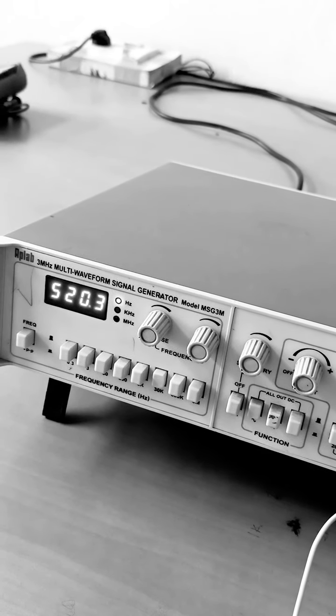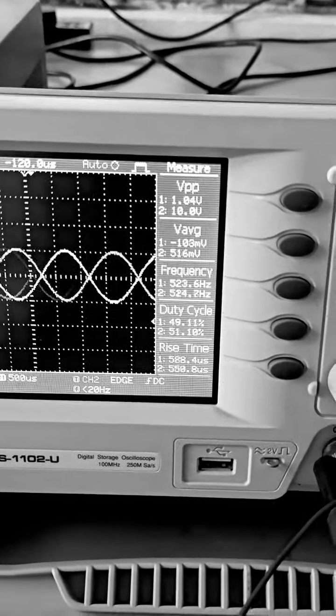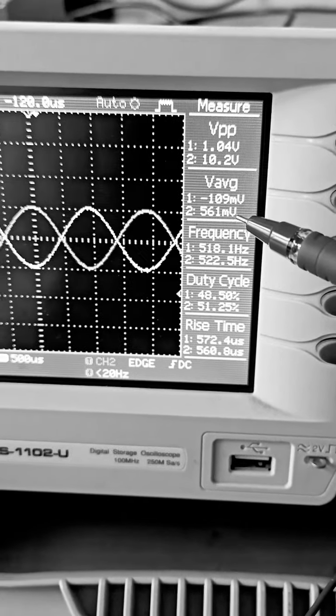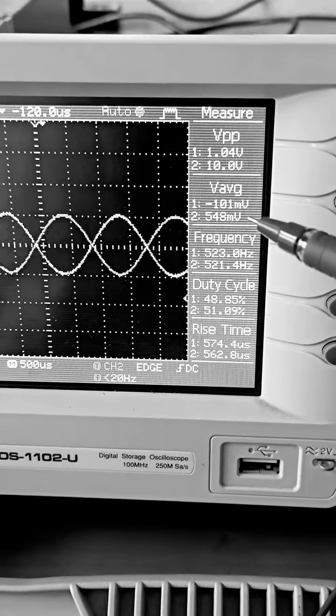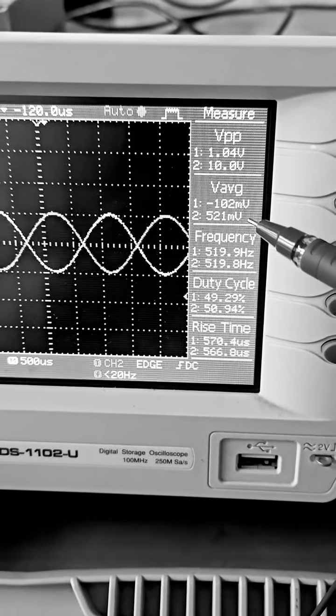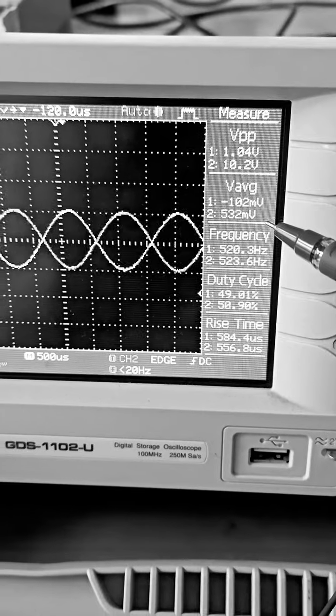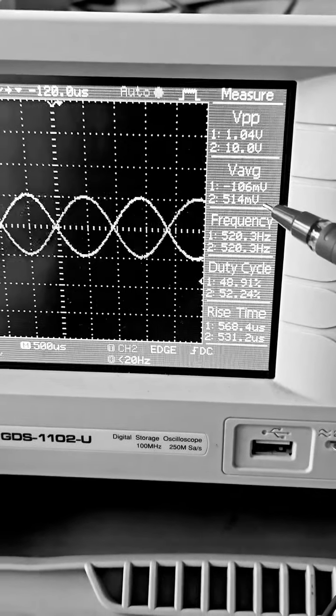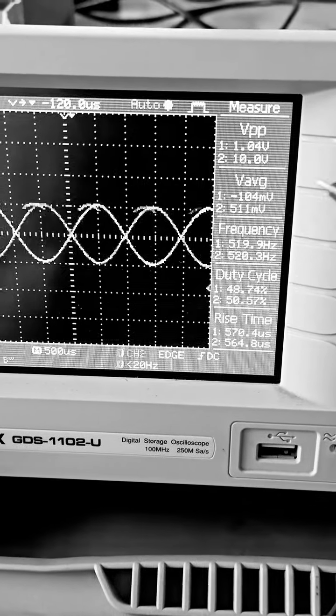Okay, it is near 500 Hertz. At this 500 Hertz, I will note the output voltage. I will note the second signal, and you can see the output voltage is around